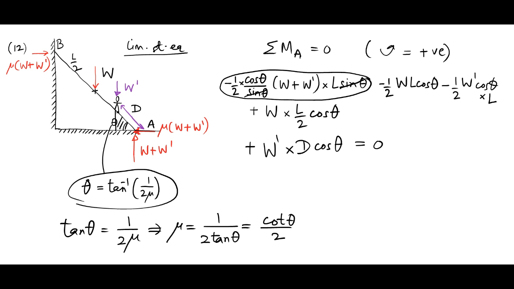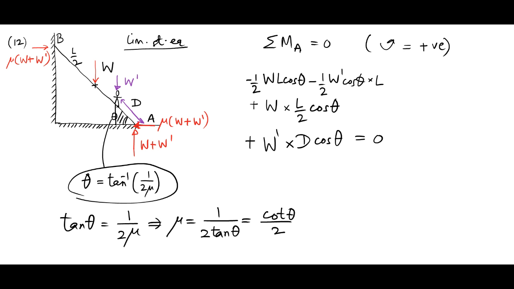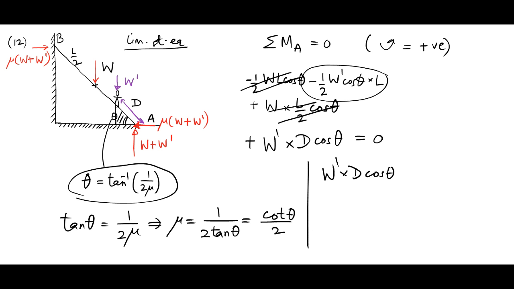I'll just replace it like that, and then you see that this term cancels with this term. Now do some rearrangement. You just take this term on the right hand side. Okay, so you get W dash multiplied by D cos theta equals half W dash multiplied by L multiplied by cos theta, and the cos theta term cancels, the W dash term cancels. Okay, so you get D is L by 2,